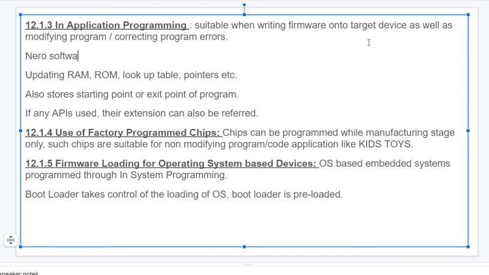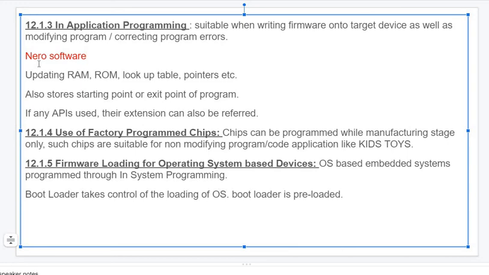Nowadays students might not know this, but during our college days we used to install Nero software to burn data on a CD. Now CDs are also not used because of cloud services. The Nero software is used to transfer data from a computer to a CD or DVD. This is in-application programming. Without this application we cannot burn data on a CD.